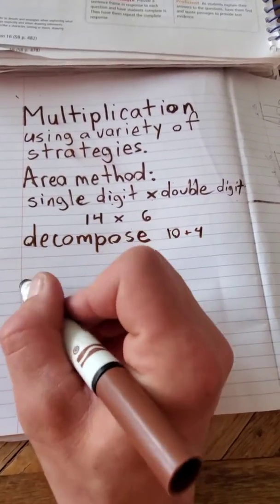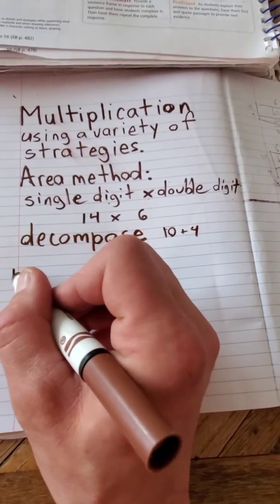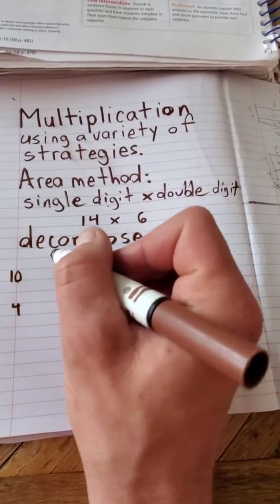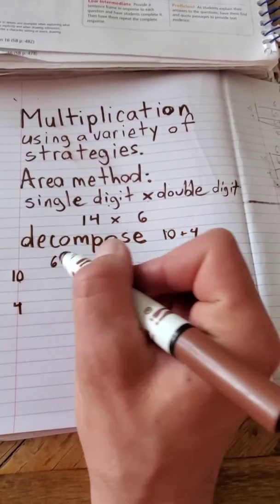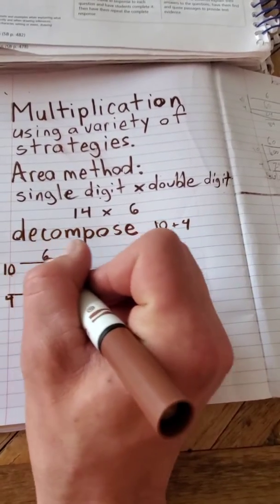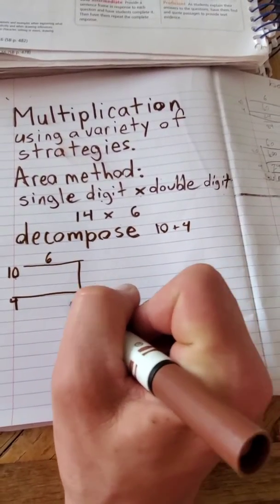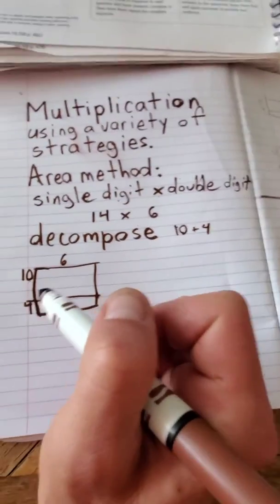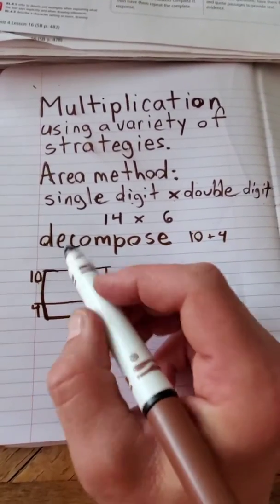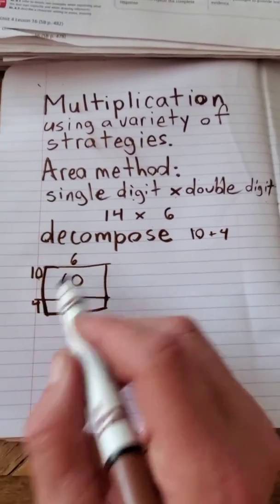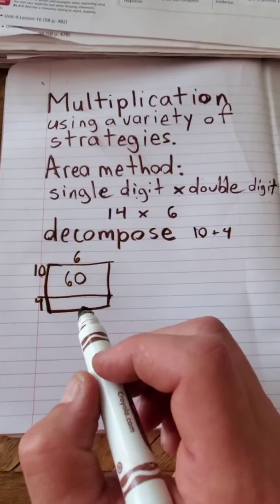Now we can just write 10 and 4. And we know 6 is going to go up here. And we can just make our 6. And then we can use that to make our box. And then hopefully you know what to do from here. 10 times 6 is 60. And 4 times 6 is,